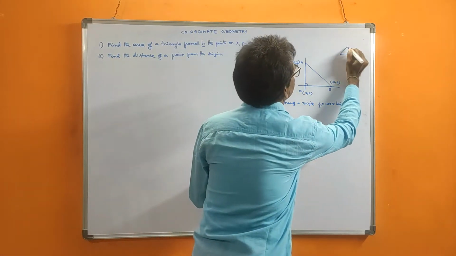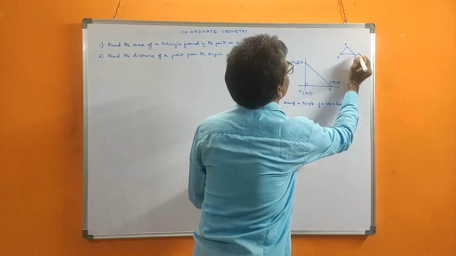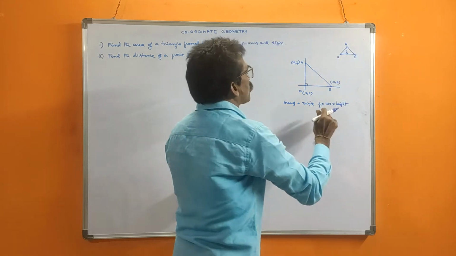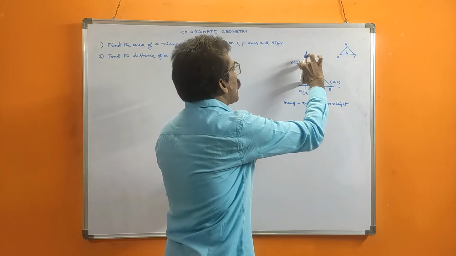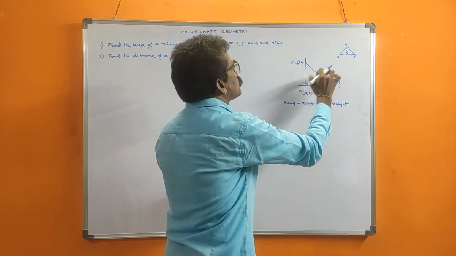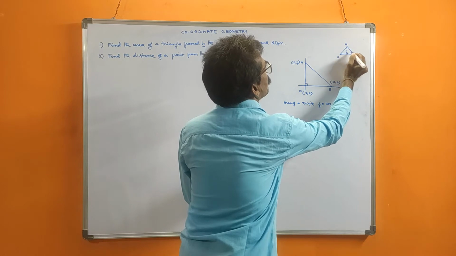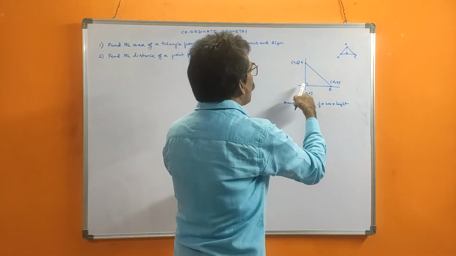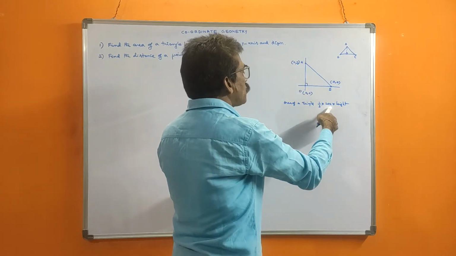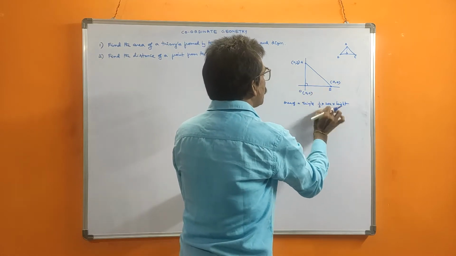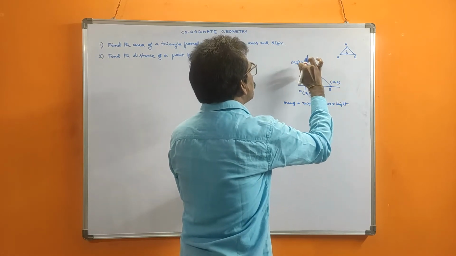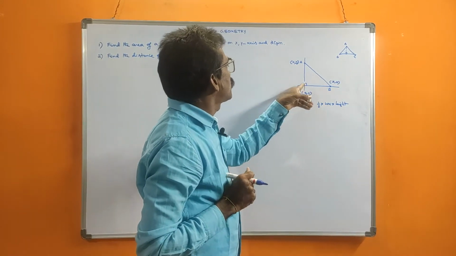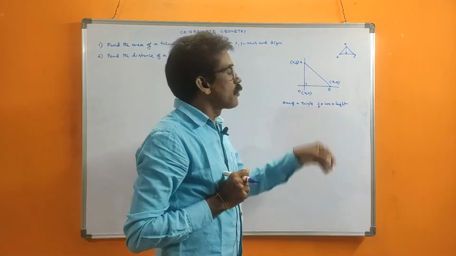For normal triangles, suppose ABC, here the base is this, and for the height we should draw a perpendicular and use that height. But here, because it is a right angle triangle, this itself is the height. This side is already at 90 degrees to the base, that's why this is the height. So height is there, base is there. So half into B into H, where the base B is the OB distance and the height H is the OA distance. That gives the area of the triangle. That means we have to calculate the OA distance and the OB distance.